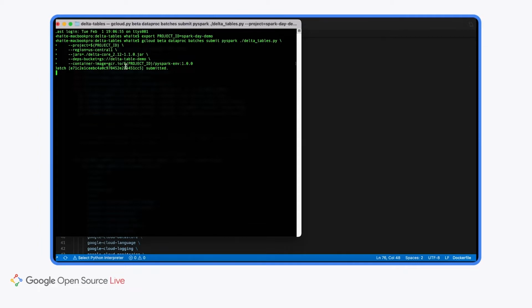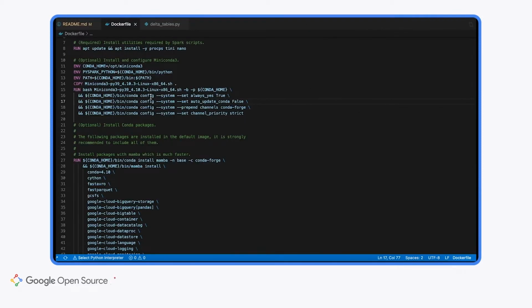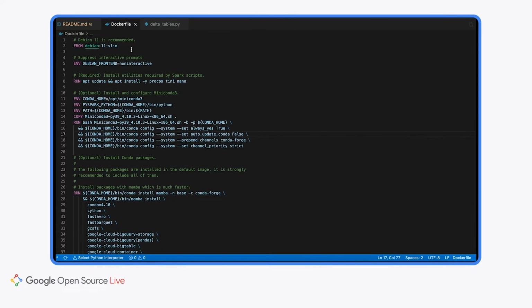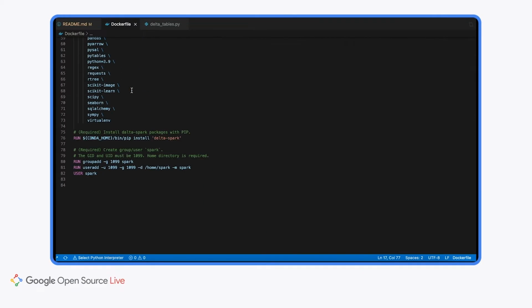We're also specifying a container image. This is something particular for the use case. Since we are submitting PySpark code, the way Dataproc Serverless manages Spark dependencies is with a custom image. So that's why we're passing this here. Let me give you a quick glimpse of the Docker file for that image. It's pretty straightforward, standard stuff.